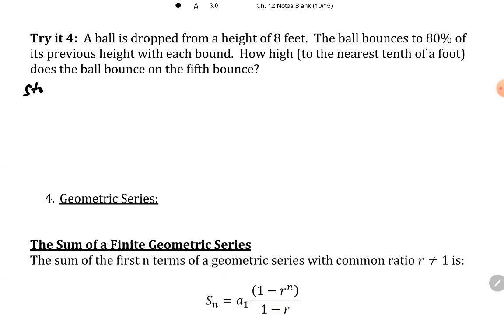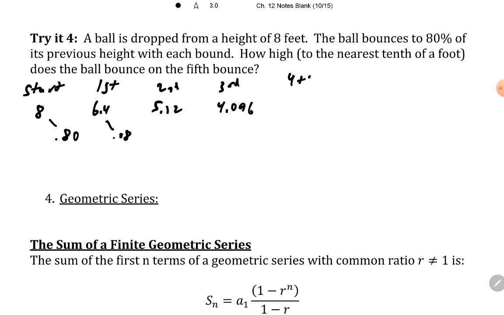So it starts off, right, dropping from 8 feet, and then we have a first bounce. And we know it's 80%, so we multiply by 0.8, and we'll get 6.4. Then we multiply by 0.8 again, and we'll get 5.12. Multiply by 0.8, 4.096. Fourth bounce, 3.2768, and the 5th bounce,